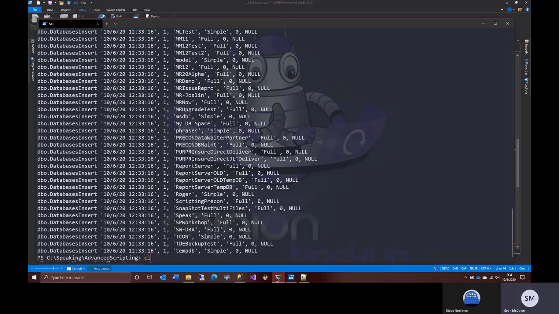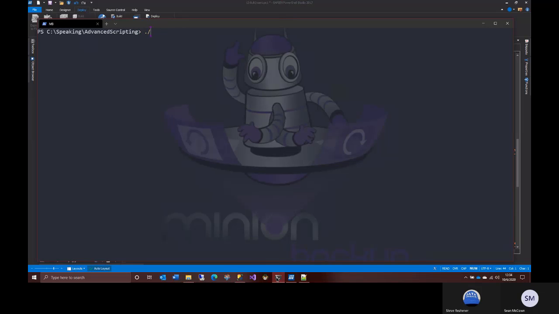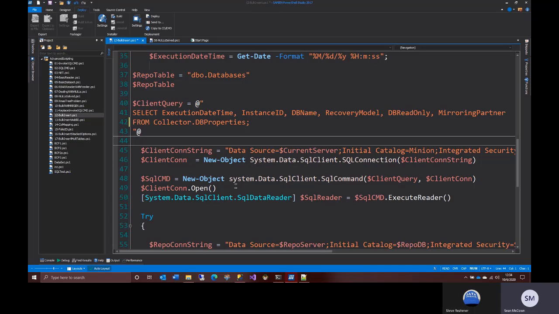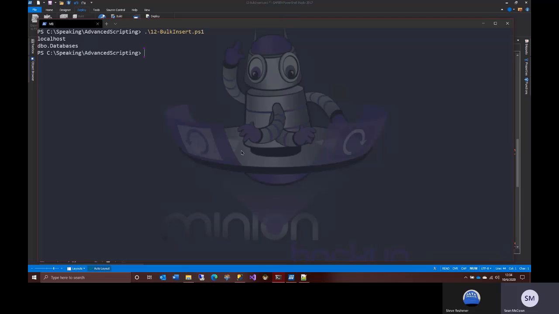Let's do a clear screen. There we go. That's how fast we can do that with a bulk operation. Let's do that one more time. Don't blink, you'll miss it. There we go. 88,000 rows in a bulk insert. Boom, just like that. So the bulk insert definitely has some advantages